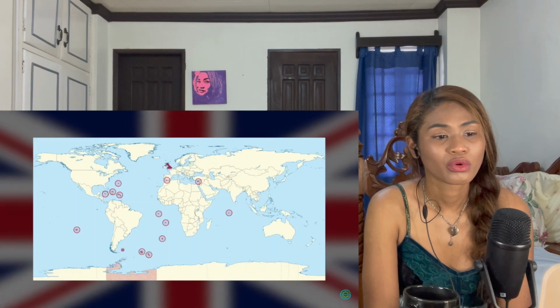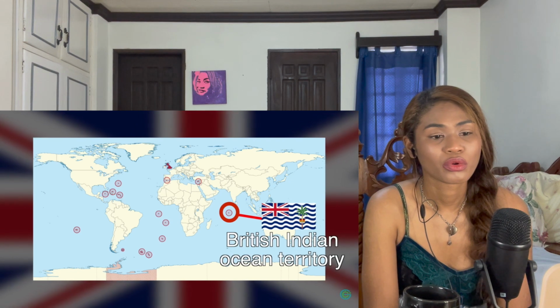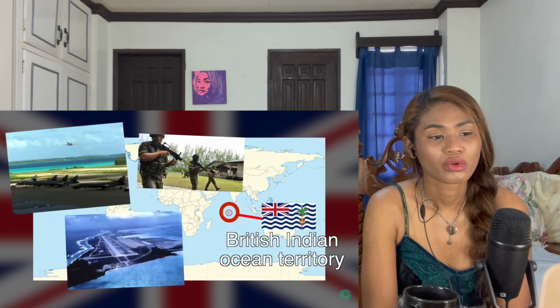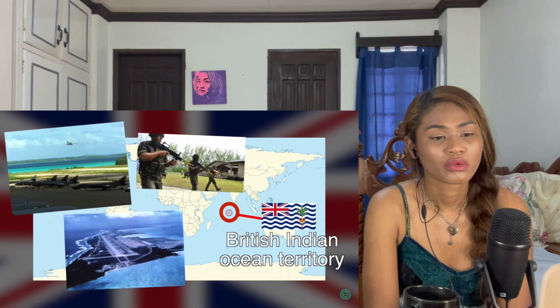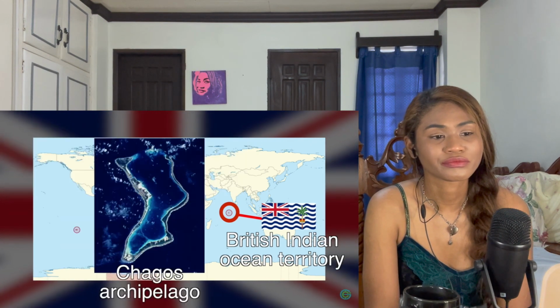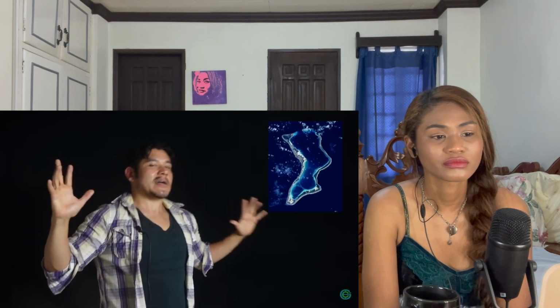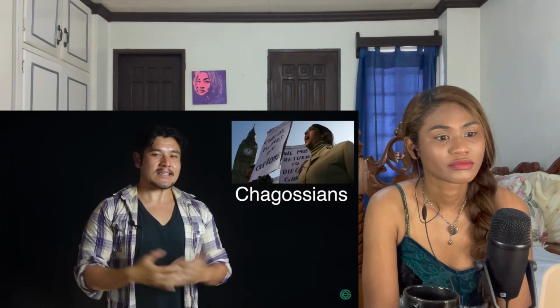Penguins! From there, we move up to a little warmer climate in the British Indian Ocean Territory, which, like Akrotiri and Dhekelia, is a military base inhabited with about 3,000 temporarily stationed military personnel, mostly British and American, on the Chagos Archipelago just south of the Maldives. Now, this is kind of a controversial one because it is the site of the forced relocation of a couple hundred Chagossian people from the 60s and 70s.